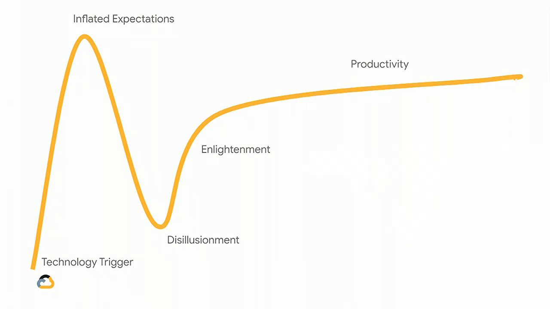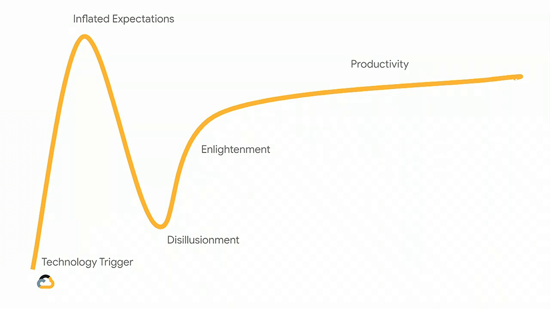First of all, this chart is the typical hype cycle around a new technology. Typically, it starts with a technology trigger. And that technology trigger then will lead to something that we call the peak of inflated expectations. And it's because of that peak of inflated expectations that we're getting all those news stories that I mentioned on the previous slide. After we pass through the peak of expectations, we tend to fall into something called the trough of disillusionment, after which enlightenment will come and then productivity.